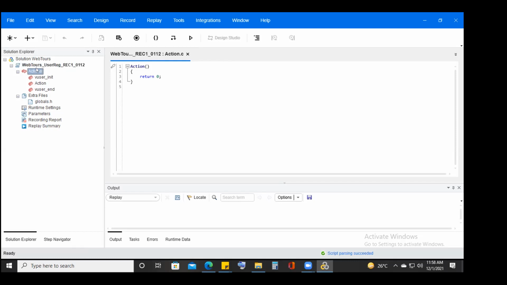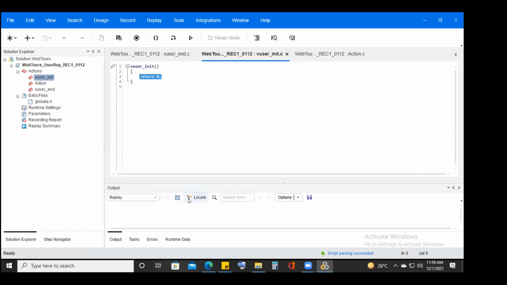And observe here, by default, you will have actions, and under that you will have 3 actions. VUser init is one thing. Observe here, what is there? VUser init return 0. We'll discuss this and understand this later. But for now, remember that there will be 3 actions by default called VUser init, action, and VUser end. VUser is for virtual user, by the way. We'll discuss the purpose of these 3 sections in the coming sessions.